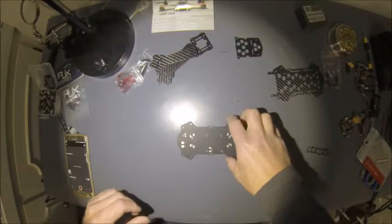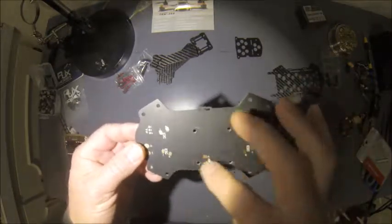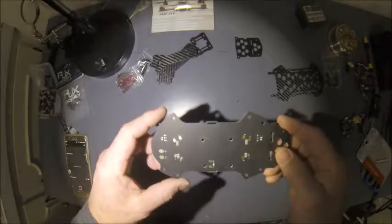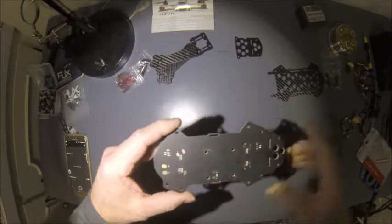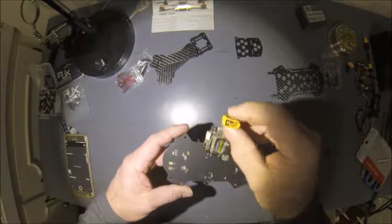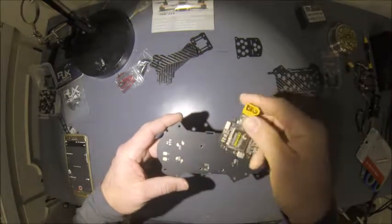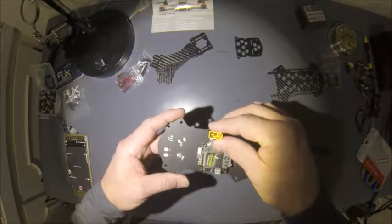Okay, so after some measurements, I finally got out and drilled my holes that I needed to be able to put the flight controller on, because I really don't want to double side tape it. It looks offset, but that's for a reason. It's because I got the connector here on the side. This isn't the actual board I'll be using, but it's the same one. This is a burnt up board, but just for reference,